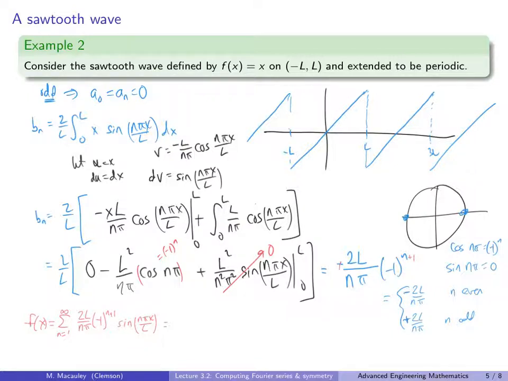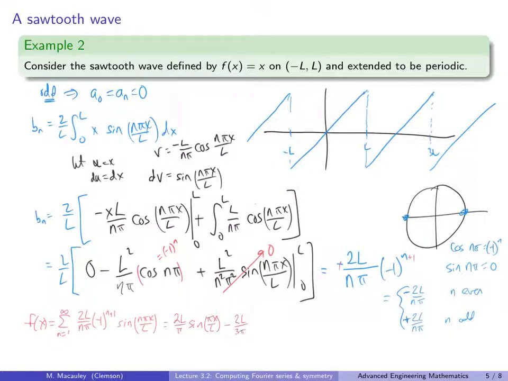So it starts at n equals 1, so that's going to be positive. So this is going to be 2L over pi times sine of pi x over L minus